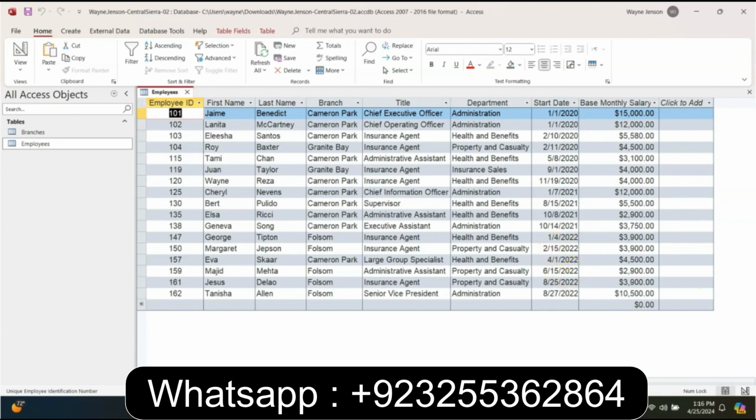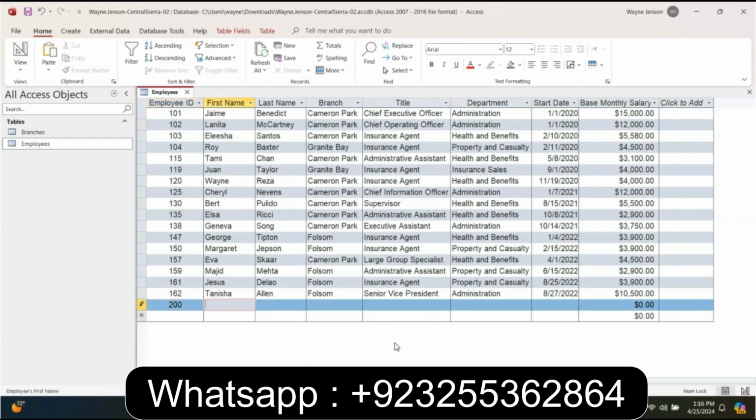So we're going to click on the new blank record here, and put in employee ID 200, and then tab over, and it's Timothy, and tab over, the last name is Hansen, tab over, and it's Cameron Park, and then tab over, and it should be insurance agent, and tab over, and here we should get a pull down, and we want the health and benefits, and tab over, and it should be 9/15/2020,